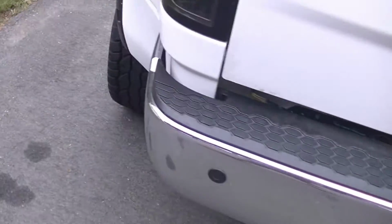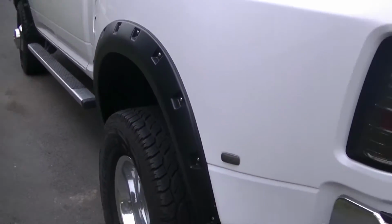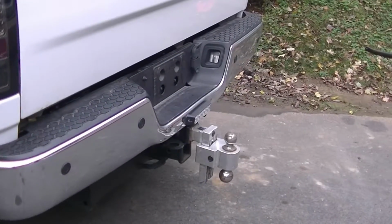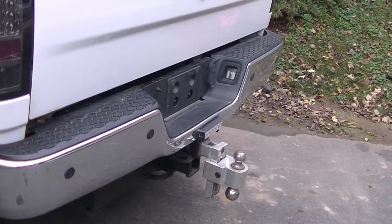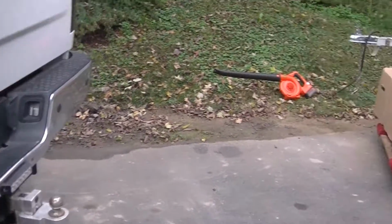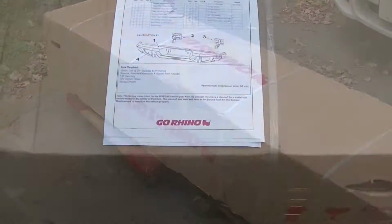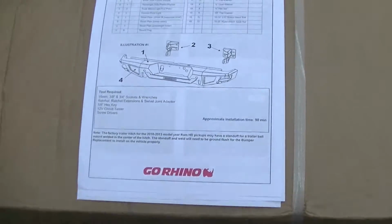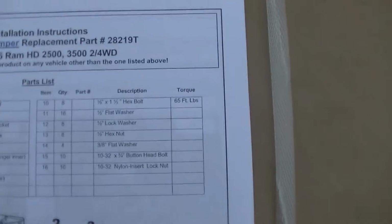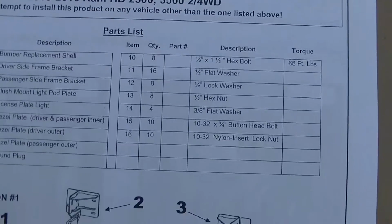So I've got the Ranch Hand bumper on the front, with the Go Rhino bumper going on the back. We're going to go ahead and get started, get this thing unboxed. Hopefully there's no shipping damage. And before I get a bunch of questions on what's the part number and where I got it,